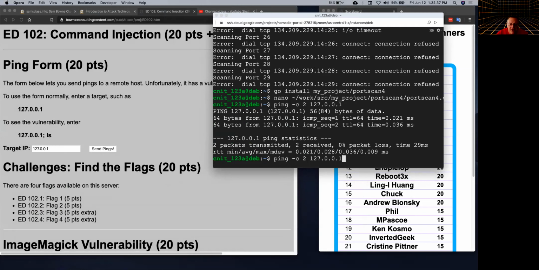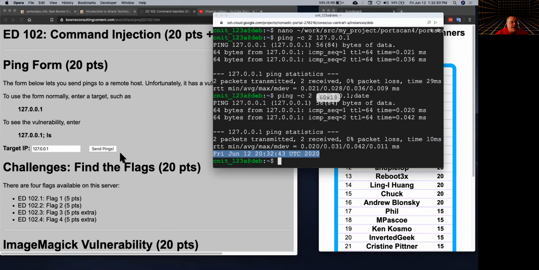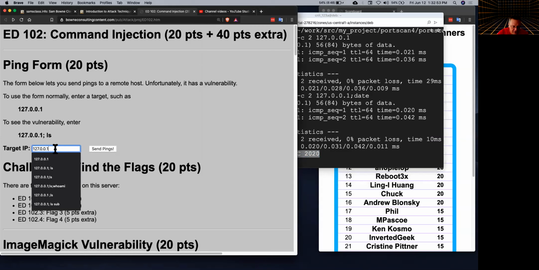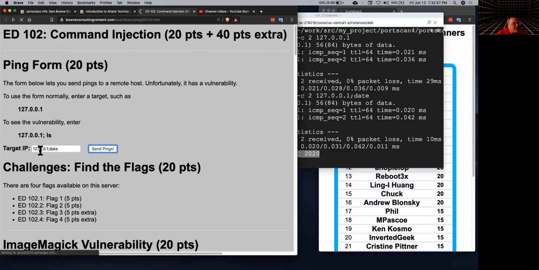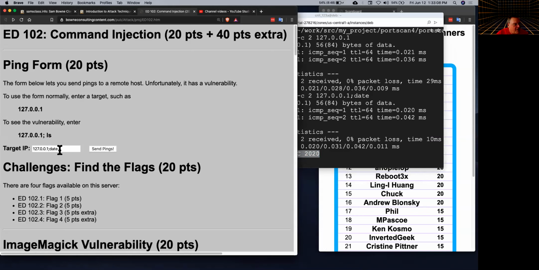But the Linux command line lets you put a second command here. I can do semicolon date. And it will execute that command, and then it will execute the date command. You can put more than one command on a line. You can do it in Windows too. And so that means if I feed in this date, it takes my input that was supposed to be an IP address, and it interprets it as a ping followed by a date. So this means I can execute commands on the server,